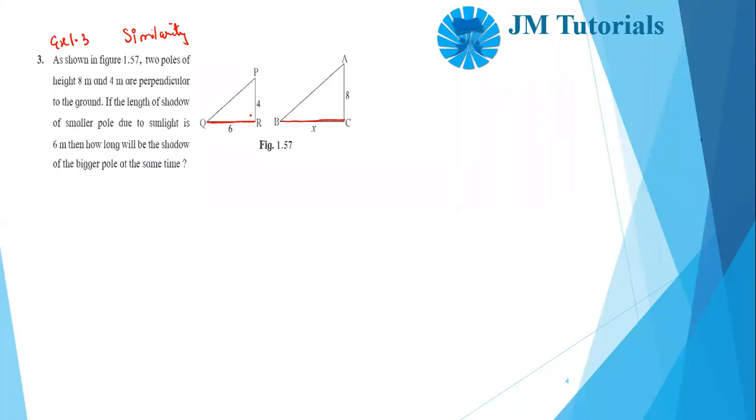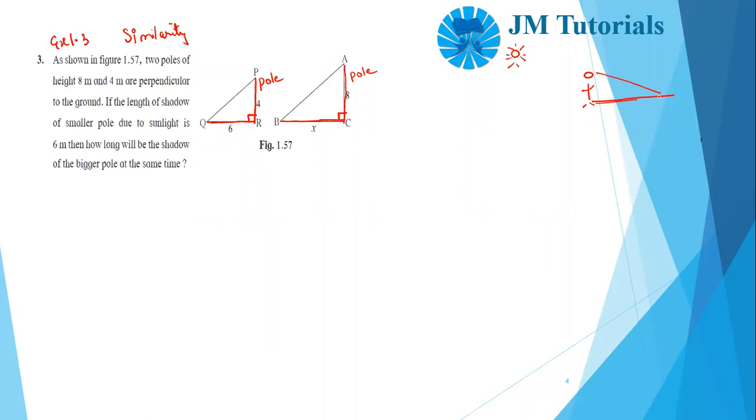then this is going to be 90 because it's perpendicular to the ground. So this is a pole and this is another pole. So both the poles are perpendicular to the ground. Okay. The length of the shadow of the smaller pole due to sunlight is 6 centimeters. So this is the shadow. Obviously, if there is a person who's standing like this, the shadow will always be on the ground. This is the sun, right? Okay. The shadow will always fall.